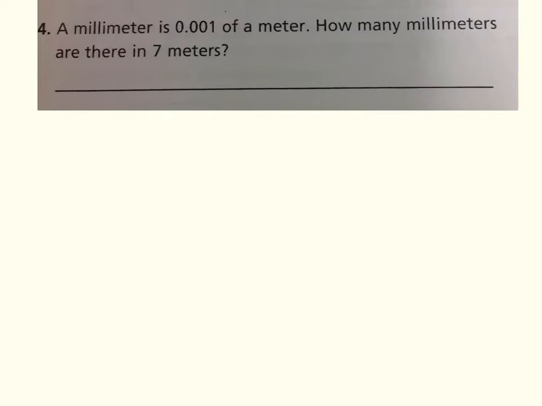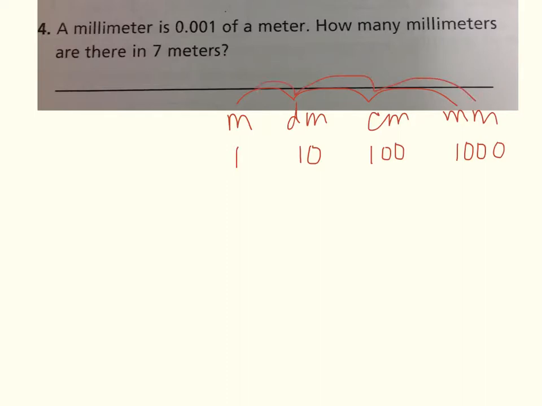So if I think back to my chart way back from the beginning of the year of meter, decimeter, centimeter, and millimeter, I said that if I have 1 meter, I have 10 decimeters, I have 100 centimeters, and I have 1,000 millimeters, because we're just adding on 10, or in this case, taking away 10, or dividing by 10. So if I change this number to a 7, I have 7,000